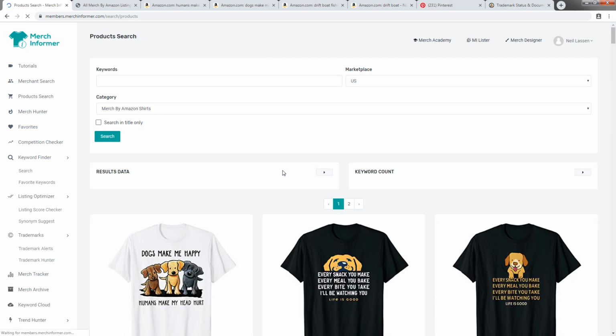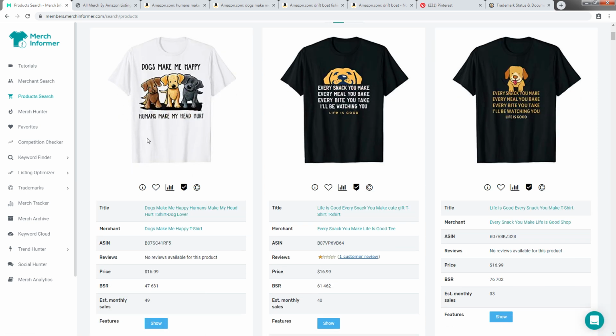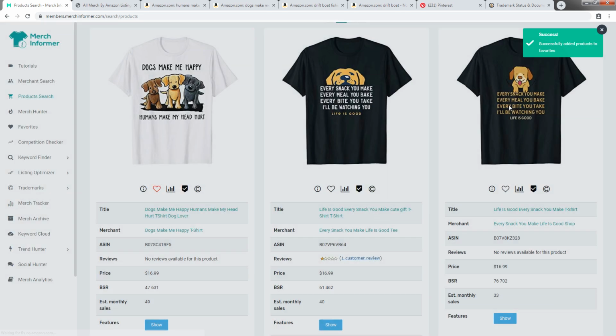But what we want to do is, I want to revisit this design, maybe when I'm not on a live, try to mix it up a little bit, more so than what we talked about. But we talked about that just to get your gears turning, try to give you some ideas. So we'll click the little heart there, and it's going to say, hey, where do you want to save it to? The favorites? Well, we just made this favorites category, and just click submit. And you'll see, bam, it's